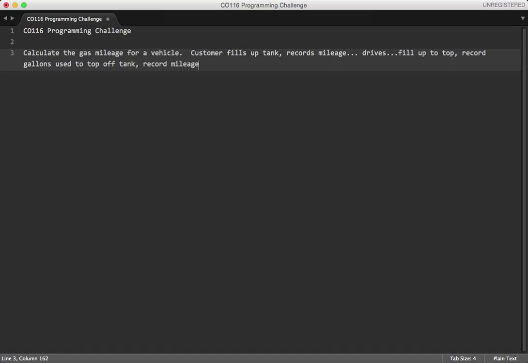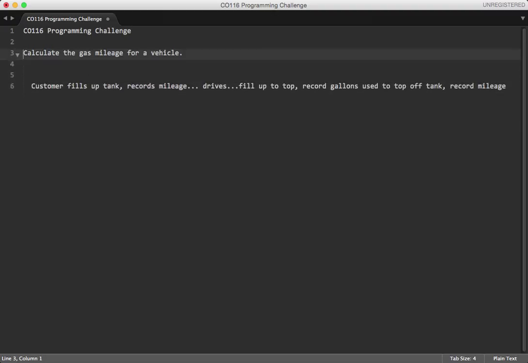So knowing all of that, we can calculate the gas mileage. Now, it might be that all you get for your programming challenge is this one statement: calculate the gas mileage for a vehicle, and then you have to figure out an algorithm. So you may not get all of this detail